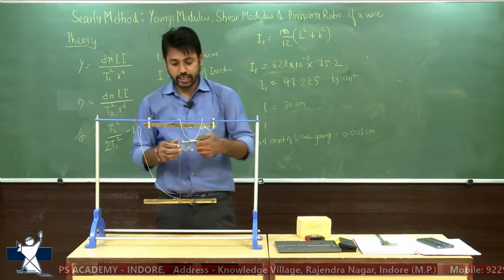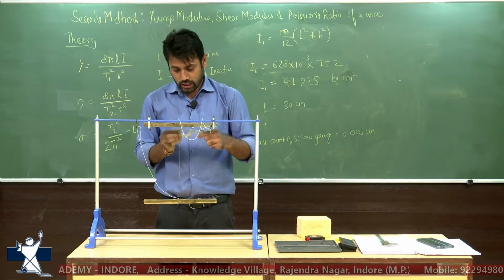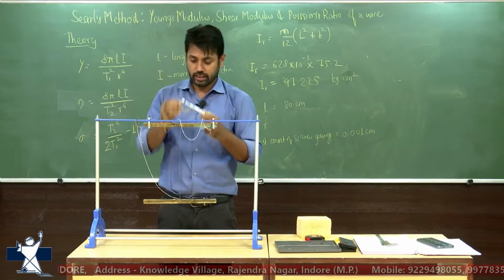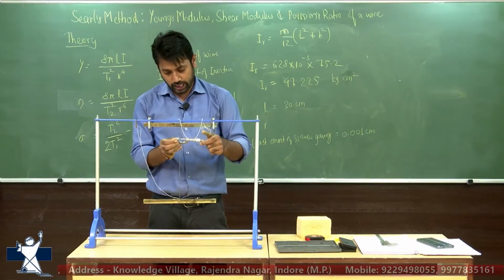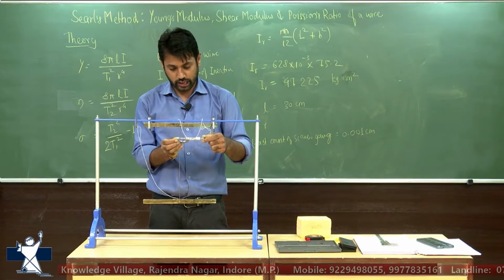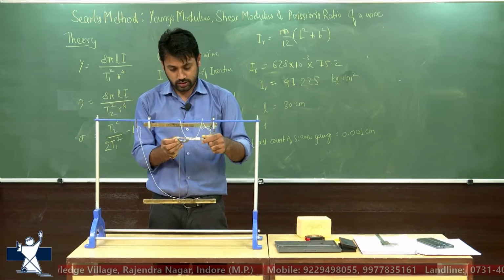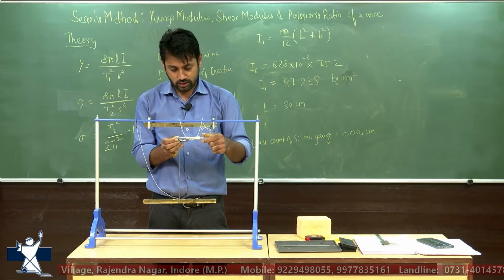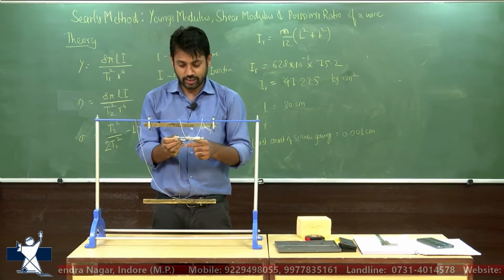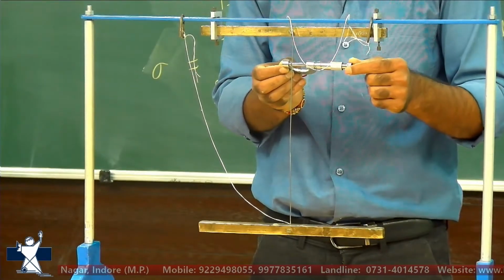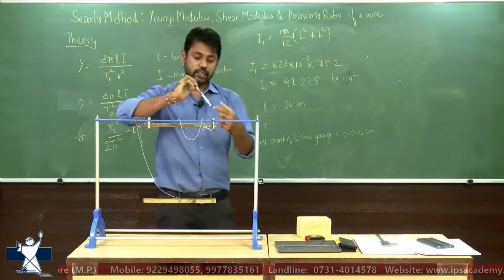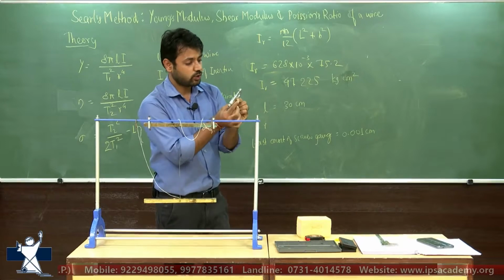Now to measure the radius of the wire, we unscrew this object, creating a gap, put the wire in between, and then screw it back until it's tight around the wire. This ticking sound is the signal that you should stop rotating and take it outside. Okay, so now we can read the main scale and circular scale.